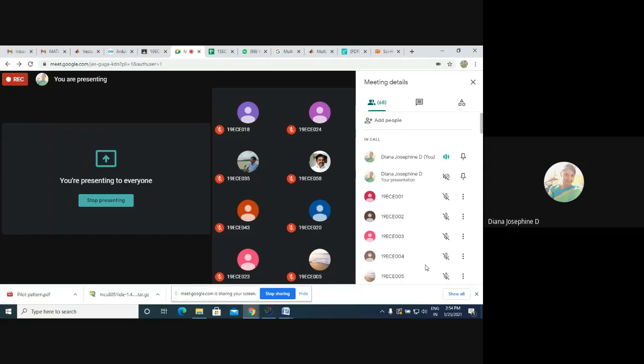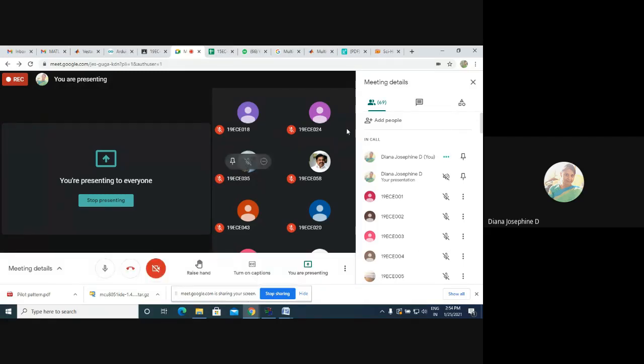Each one of you should have a different input value and the corresponding output value filled in the output sheet. You can fill the output sheet by typing directly, or if you don't have a laptop, you can download it, take a printout, write the values, scan it, and resubmit it in the Google Classroom. I think I have given all the general procedures and instructions. Does anyone have any doubt?